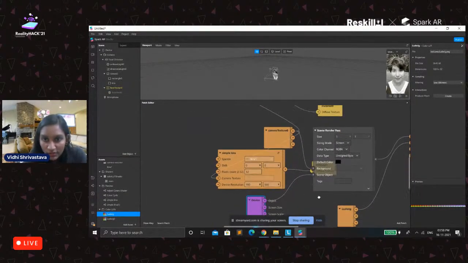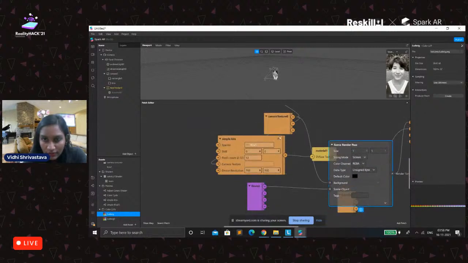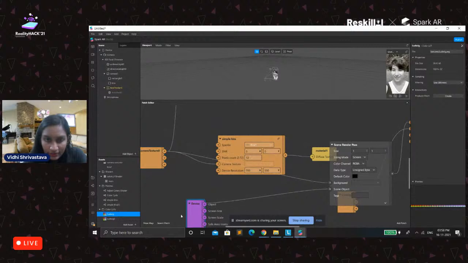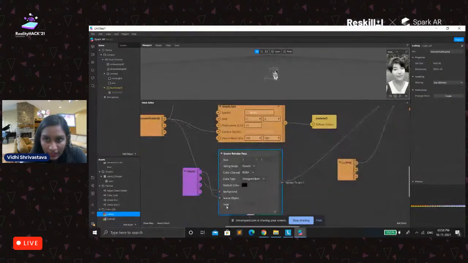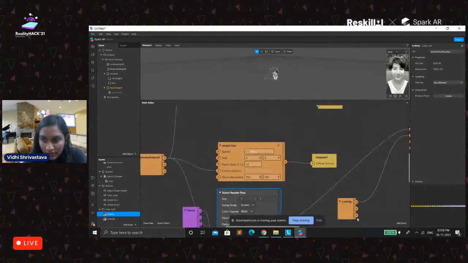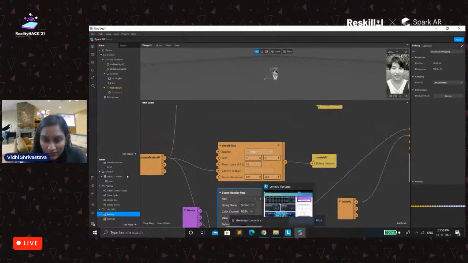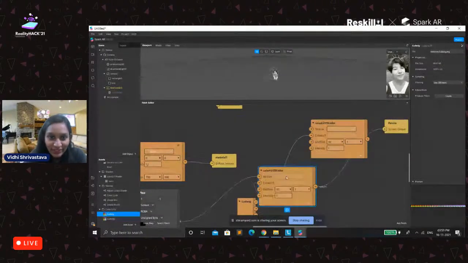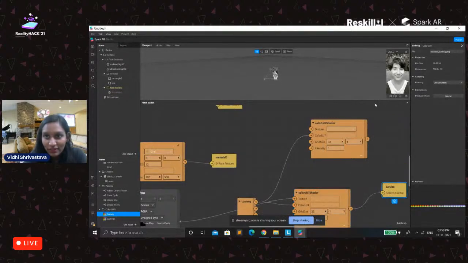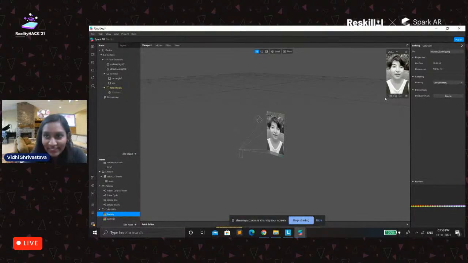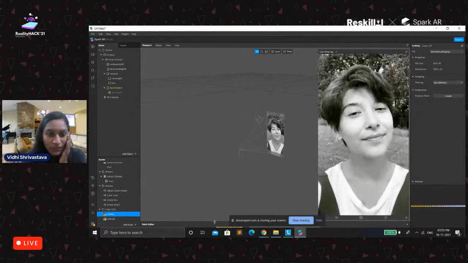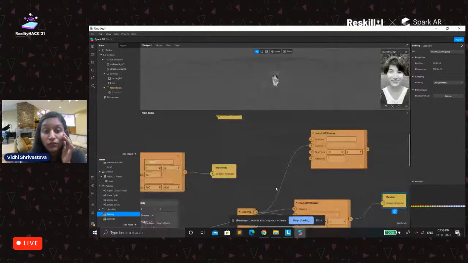So this is the patch that is being created directly with the help of screen render pass. And as a beginner, you don't have to think about how it happened. Just see on the screen device how it is actually looking here. And what you will do is create a logic that as soon as the user smiles, we want this black and white effect to come.